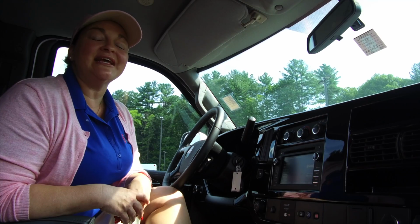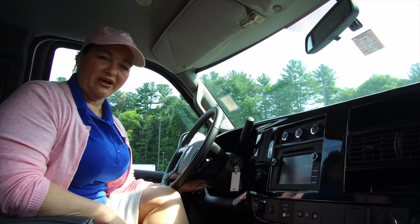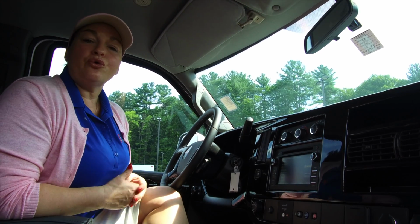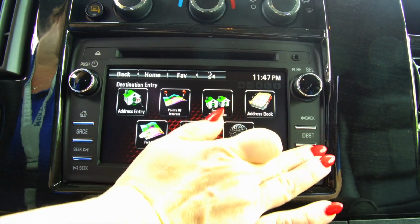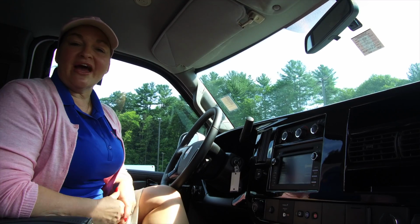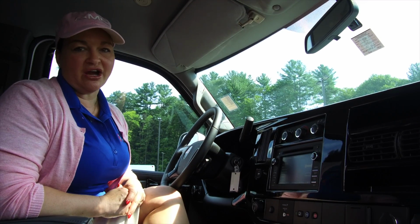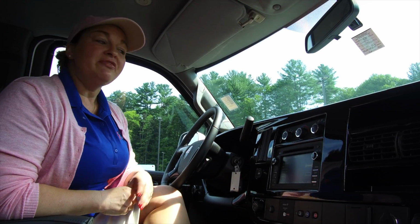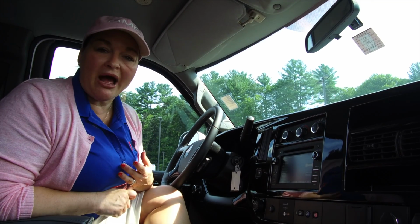Not only am I sitting in an incredibly comfortable chair, but we have a fully adjustable steering wheel. There is cruise control as well as Bluetooth, and it is also equipped with XM to keep those travels entertaining, and navigation. So getting around is going to be a lot easier. And coupling with that navigation is also OnStar. If you haven't revisited OnStar, you really need to. It is an amazing, amazing system that, coupled with your navigation, can make traveling and finding those quick bathrooms a